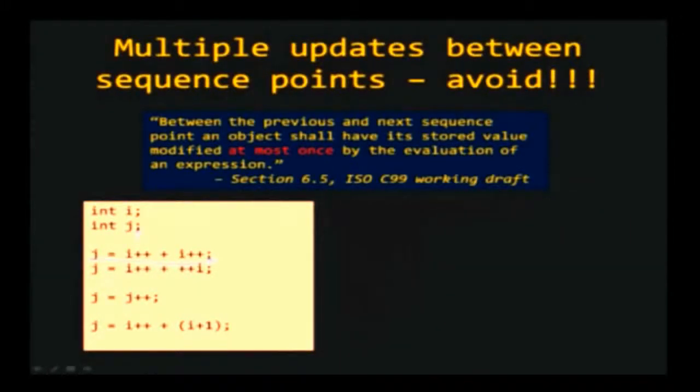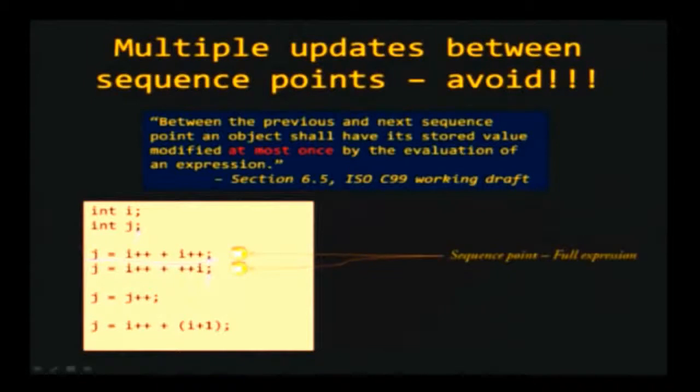Similarly, let us look at the next example. Here the sequence point is the full expression. Let us look at the next expression, i++ + ++i. So, post increment and then pre increment. Again, even in this case, the result is unspecified, because you have two sequence points, one before and one after this full expression, and between these two sequence points, the value of i is updated more than once. So, the result is unspecified according to the C standard.